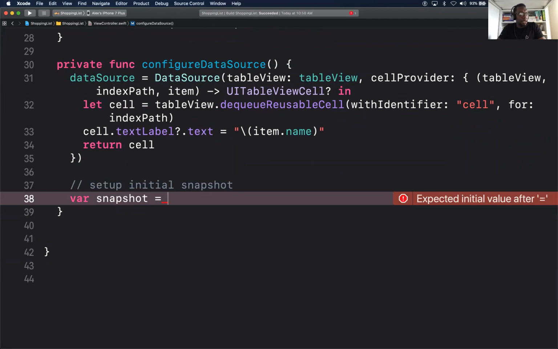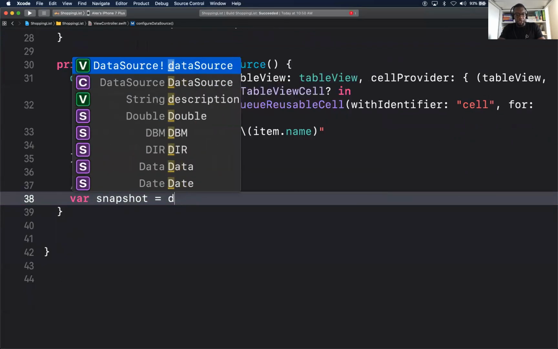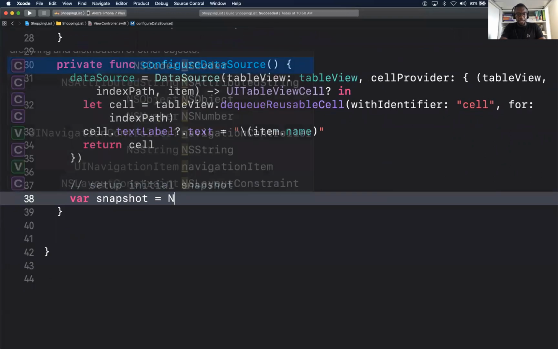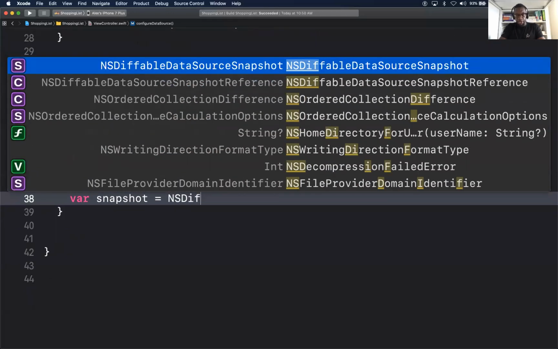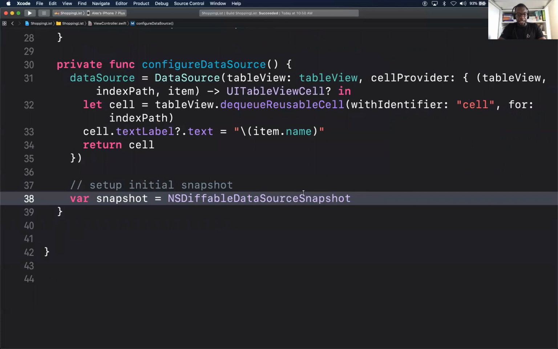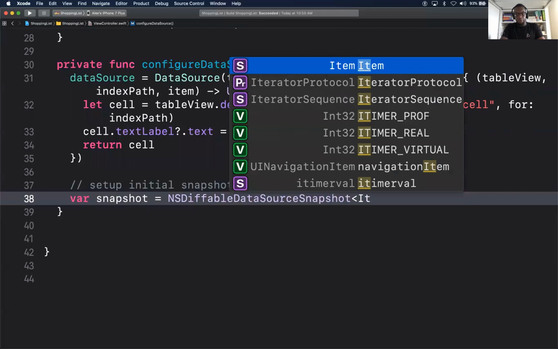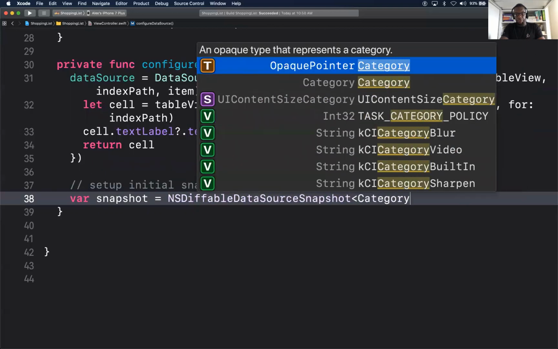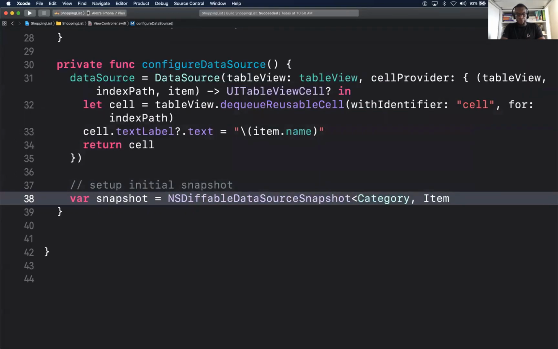I would say the data source. Well, the type class is NSDiffableDataSourceSnapshot. I know there's a lot of different names here, but it's the NSDiffableDataSourceSnapshot. And the type needs to be what is expected. It has a category first, which is the sections, followed by an item.